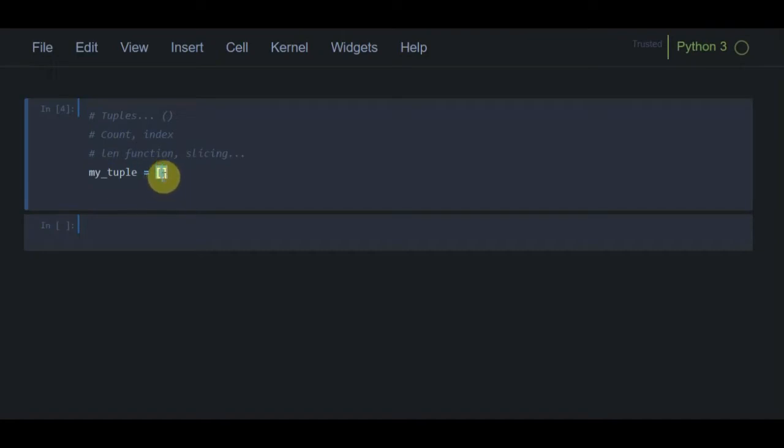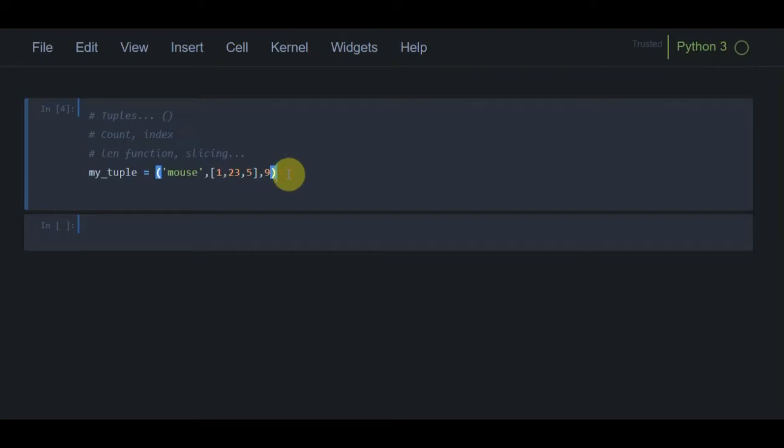So I am going to create a tuple with many different data structures. First we have a string, then we have a list, and then an integer. As you can see here, this tuple contains three different data structures.